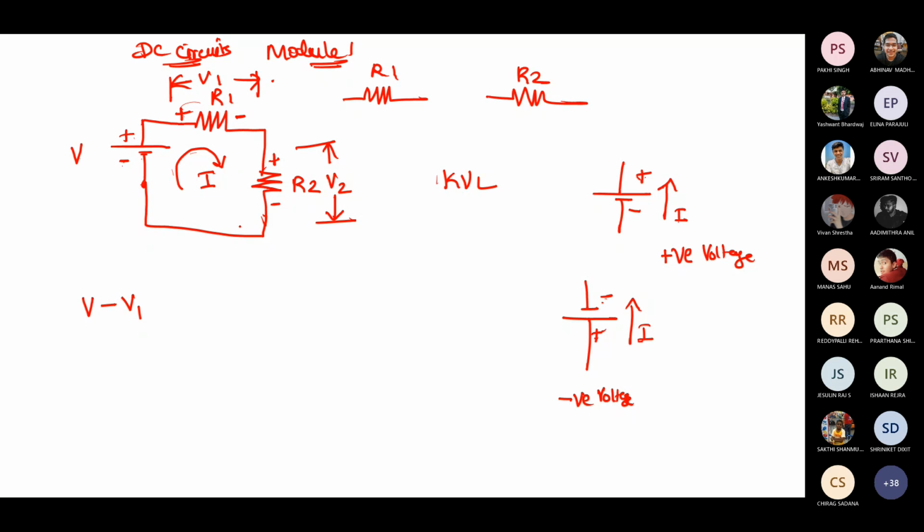Then what is the voltage across R2? Plus or minus V2? Minus V2, because it is plus to minus. Current is flowing from plus to minus. Okay. So these are all the voltages in this loop. So the sum of the voltages or potential drops in a closed path is equal to 0. Okay, that is what Kirchhoff's voltage law is. Or else, potential rise is equal to potential drop. Yes, ma? Any doubt is there?